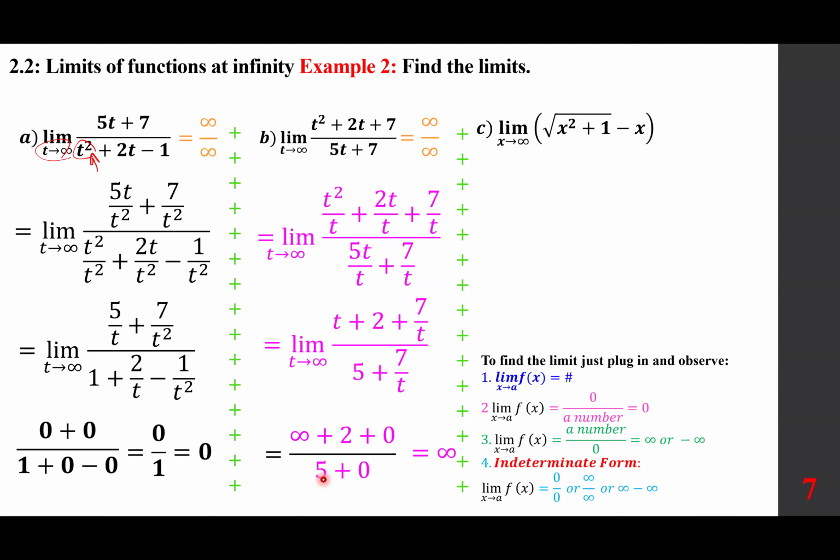What about this one? If you plug in, you get infinity minus infinity. And because you have a square root, the technique is a conjugate. As you recall, the conjugate of a minus b is a plus b. The product is a squared minus b squared. So the conjugate for this one, you write the same thing and you change this sign to a plus sign. And not only you put it at top, you also put it at the bottom because this fraction must be 1. So if you extend this fraction bar,